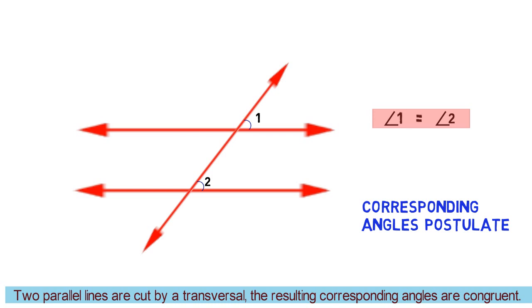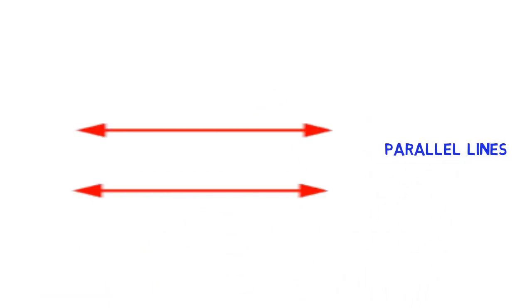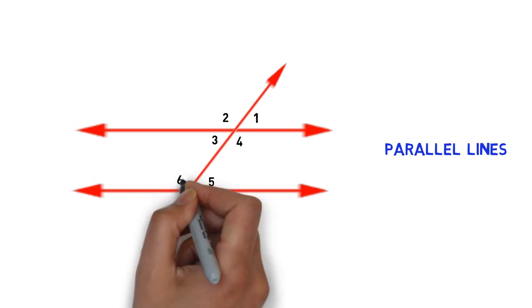Similarly, I can draw angle 3 and angle 4. These two would also be equal based on the corresponding angle postulate. Now, my dear friends, again let's consider two parallel lines, and if I try to draw angles to it, suppose let's say angle 1, 2, 3, 4, 5, 6, 7 and 8.